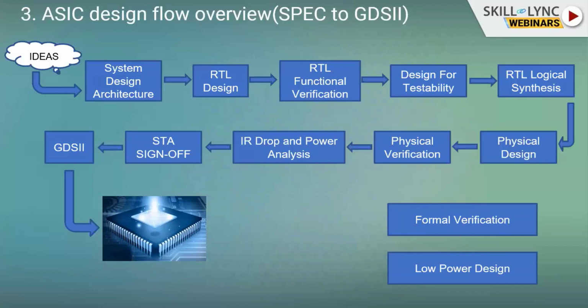That is how they will check. They are calling it a vector code generator. They will generate the vector code, the functionality vector code. Through vector code, they will check the dynamic IR drop: when the chip is working, how it is consuming power. Those are all checked in the dynamic IR drop. So majorly there is the static IR drop check and the dynamic IR drop check. Those are all in the IR drop and power analysis checks.